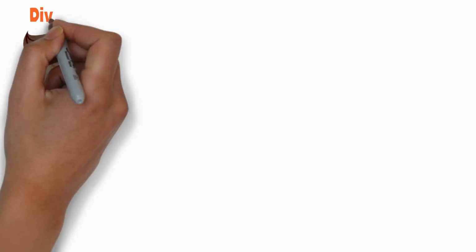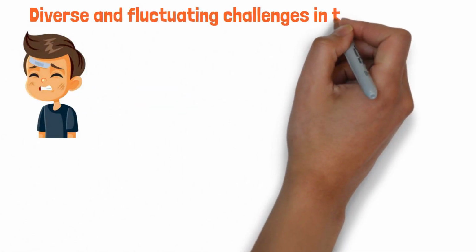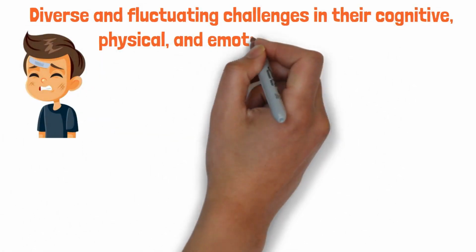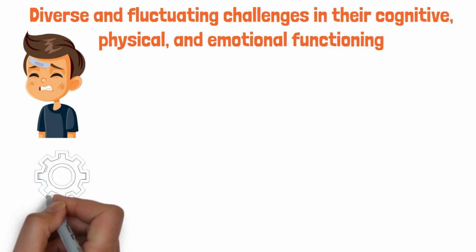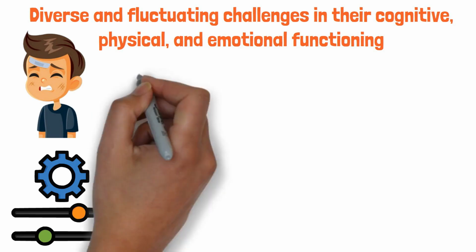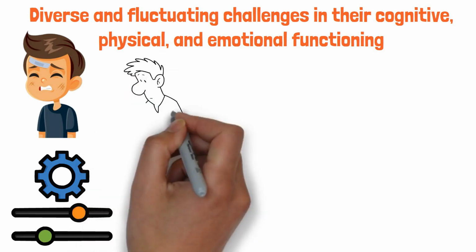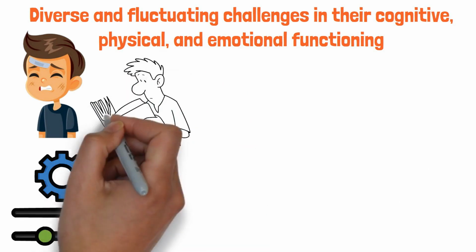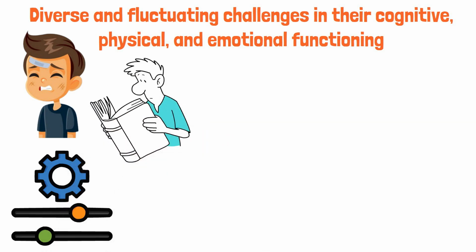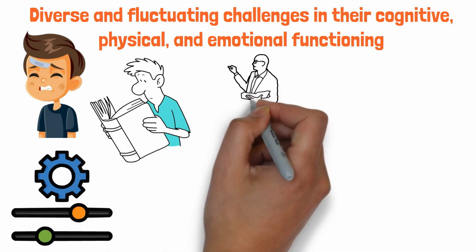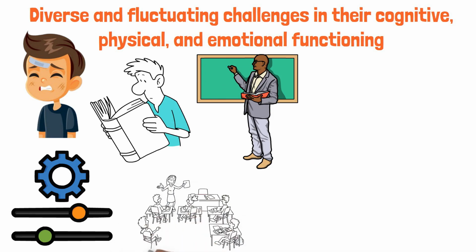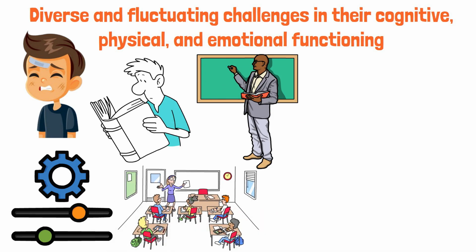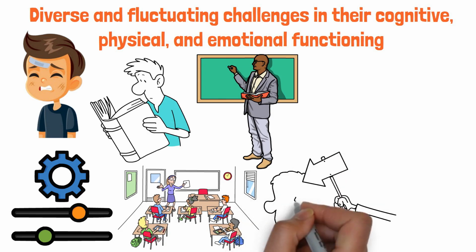Students with traumatic brain injury may face diverse and fluctuating challenges in their cognitive, physical, and emotional functioning. Their path to learning can often require continual adjustments and accommodations. Effective inclusion for these students involves a flexible and individualized approach to education, with ongoing support and understanding from educators. Teachers should be prepared to modify teaching strategies and classroom environments in response to the changing needs of students with